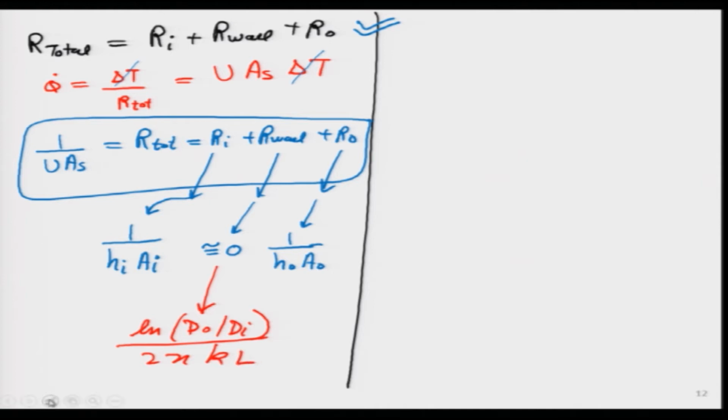So, I can argue in two ways in which it can be 0. One way is this expression is going to be a very low value. Why? Because the thermal conductivity of copper is very high, k is very high. If I remember from memory, I think it is 401 watt per meter Kelvin. So, this denominator is going to be huge. Second thing, the ratio of d O by d I is going to be very close to 1, because the thickness of that copper pipe we may want to keep very close to 0, a very thin pipe.